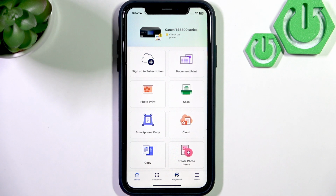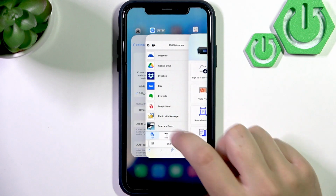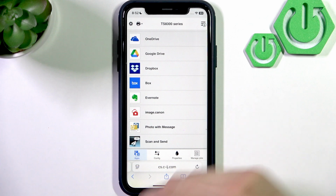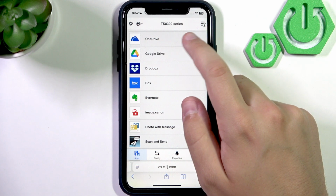So first, what you guys want to do is go over to the Canon Cloud Printing Center. Basically, it's a site. You guys have the link right here. It's cs.c-ij.com. Now here you will see that you have the options here, and now you select OneDrive,